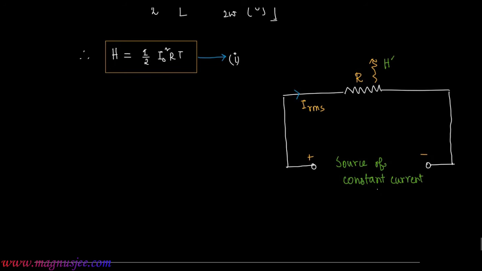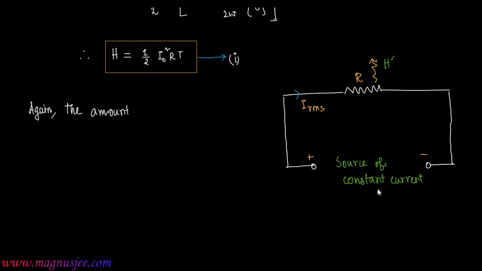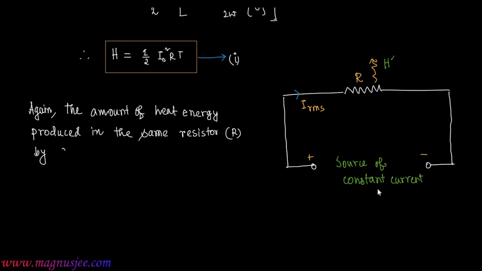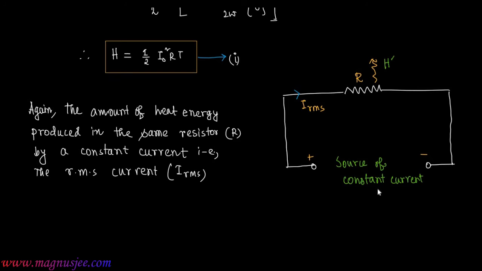This constant current produces a heat energy H prime in the external resistance R. Again, the amount of heat energy produced in the same resistor R by the constant current, that is by the RMS value of current I_RMS, in a full cycle or in the same interval of time,